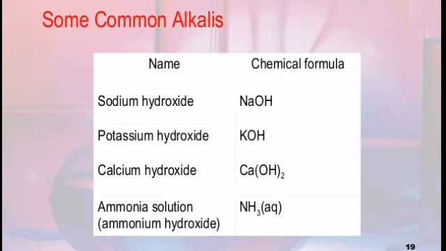Some commonly used alkalis are sodium hydroxide, that has chemical formula NaOH, potassium hydroxide, that is KOH, calcium hydroxide, that is Ca(OH)2, and ammonium hydroxide, that is ammonia NH3, or in aqueous form it is ammonium hydroxide, whereas